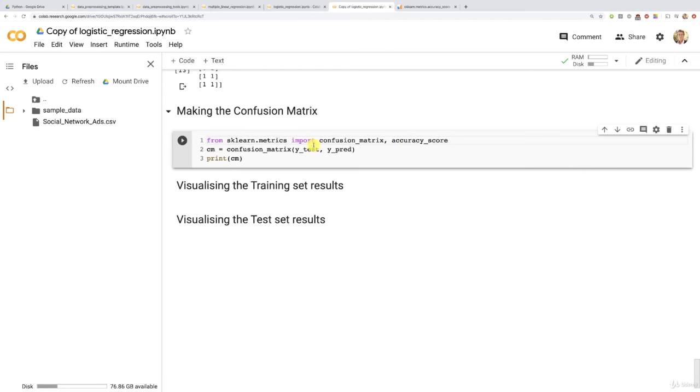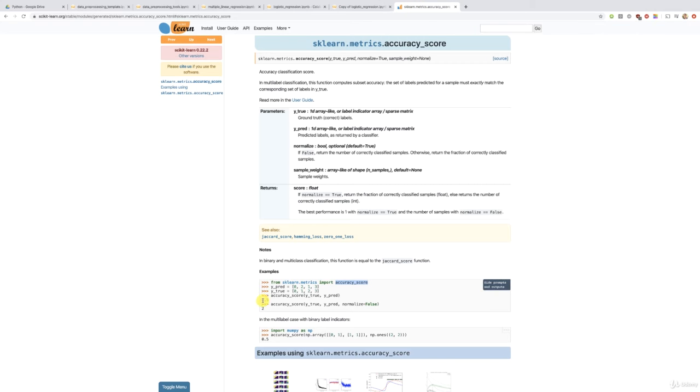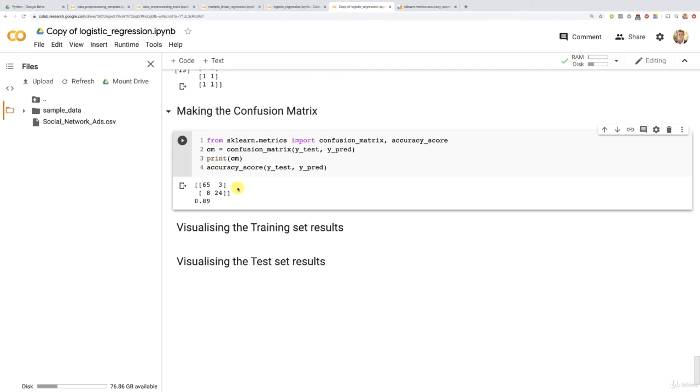Okay, so now we have it, so now we can use it, and therefore just below we will actually call it, and in order to do this efficiently we can just take the example here and right below we paste it, and we just replace once again yTrue by yTest, so that we can get indeed the accuracy on the test set. Okay, and here we don't have to do a print because this accuracy score will directly return that accuracy, that rate of correct predictions. So there you go, we can just run this cell, and here you go,